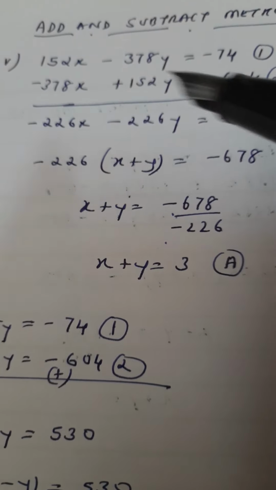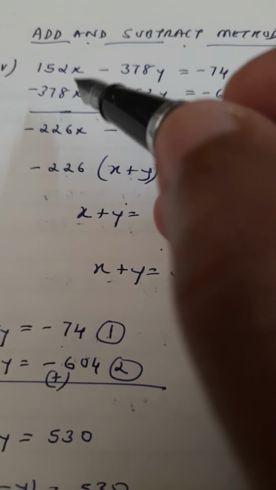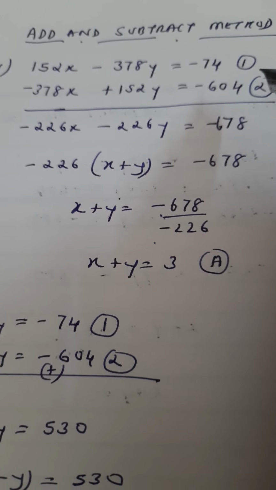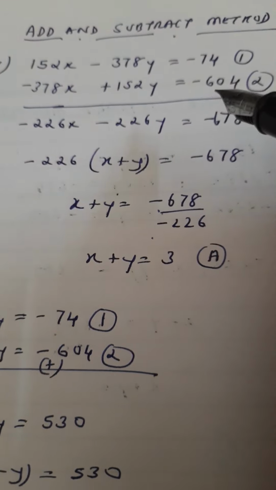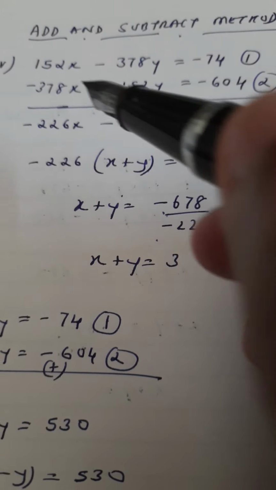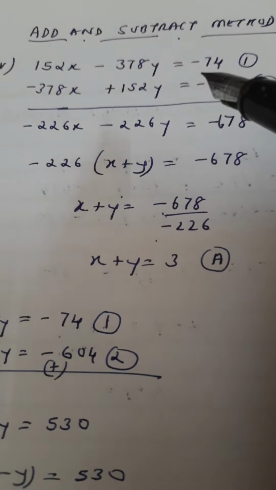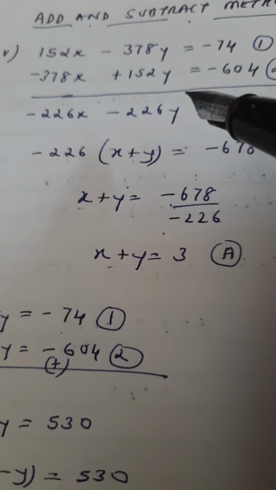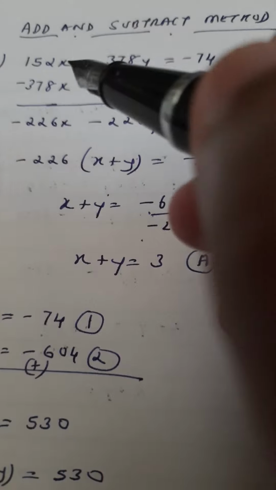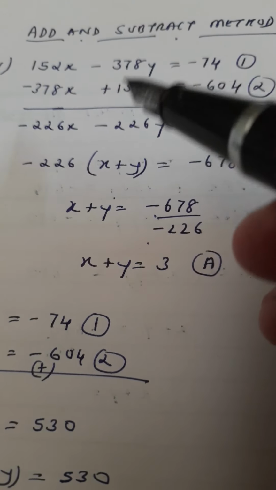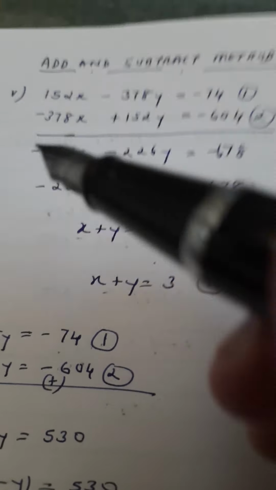Of course, you can use elimination and substitution or cross multiplication, but that's going to be so complex, because imagine taking the LCM of this and then multiplying this by 378 and 152 to get like terms so that it gets cancelled. It's going to get very complex. Or for that matter, if you do substitution or cross multiplication, that's going to get very tough. So the easiest way to do is a method called the add and subtract method in questions where the coefficients have got interchanged.